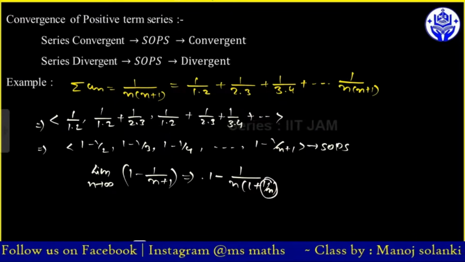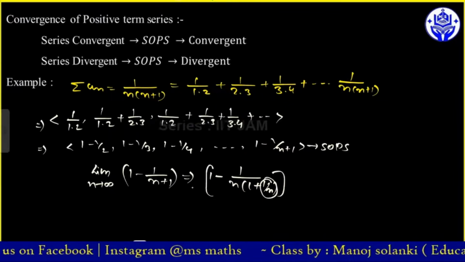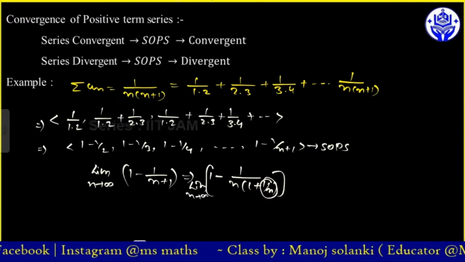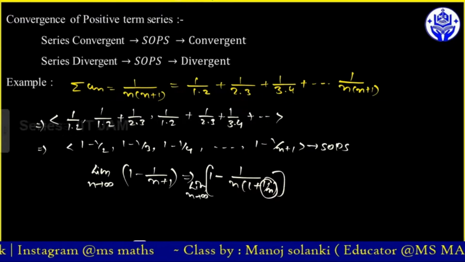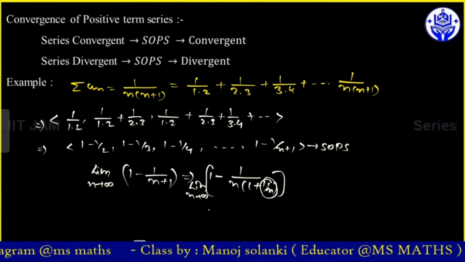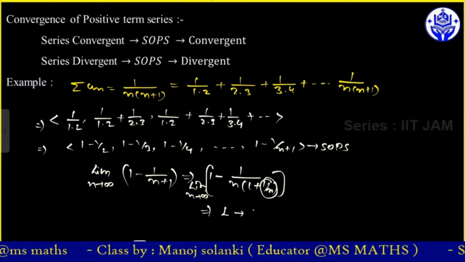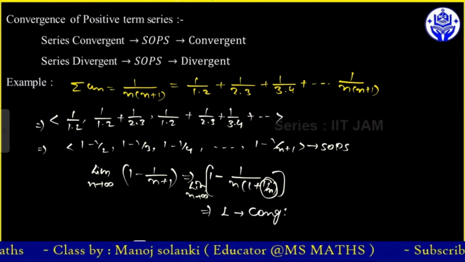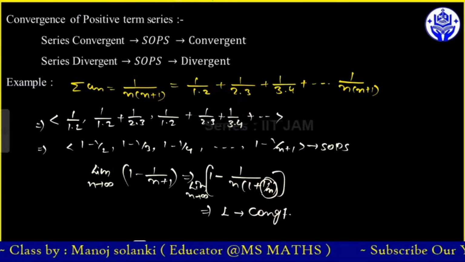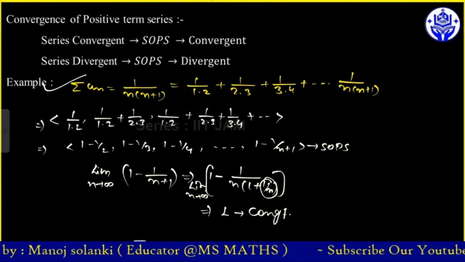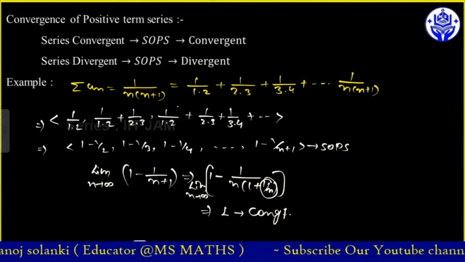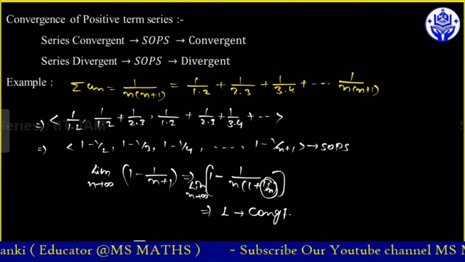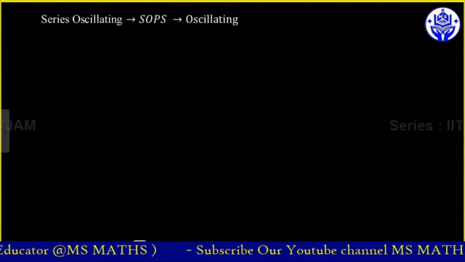ओके, यहाँ पे भी आपको लिमिट n टेंड्स टू इनफाइनाइट पुट करना है, ये इनफाइनाइट हो जाएगा और 1/इनफाइनाइट जो है वो 0 हो जाएगा। तो आपको आंसर मिलेगा 1, और 1 फाइनाइट है, इसलिए ये कन्वर्जेंट है। तो ये जो सीरीज है इट विल बी कन्वर्जेंट। मतलब SOPS कन्वर्जेंट है तो ये सीरीज भी कन्वर्जेंट होगी।